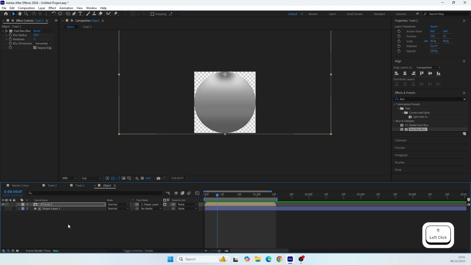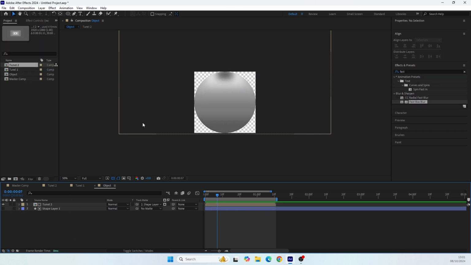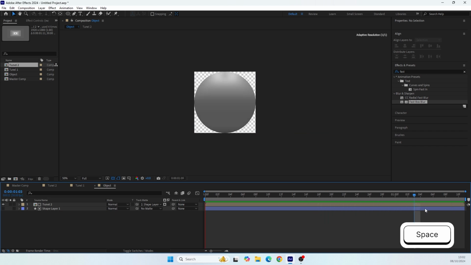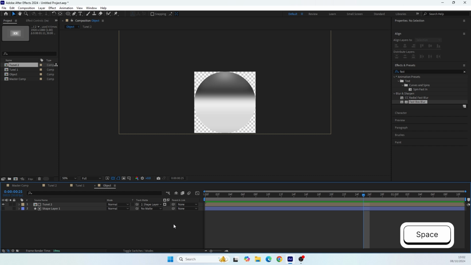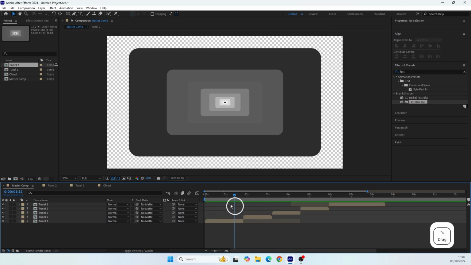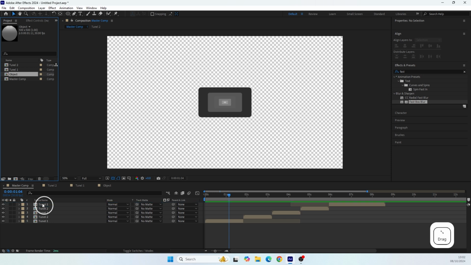and we can continue to the next step, which is integrating this sphere animation in our master comp with the entire tunnel sequence. But before that, let's trim this timeline. Awesome, and now we have a looped pre-comp. That's great. Now we can go to the master comp and bring this pre-comp in it.